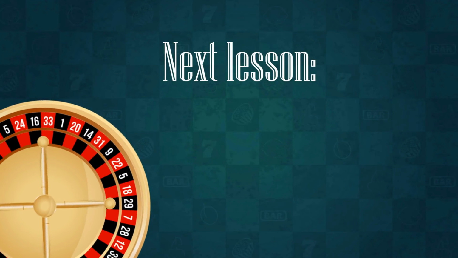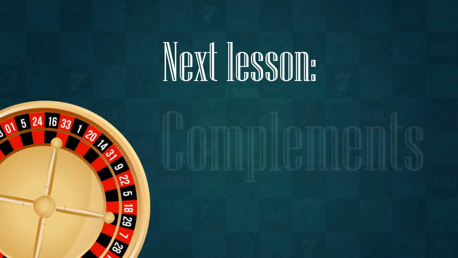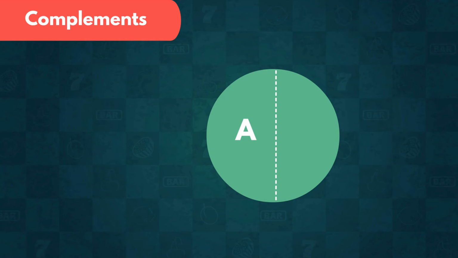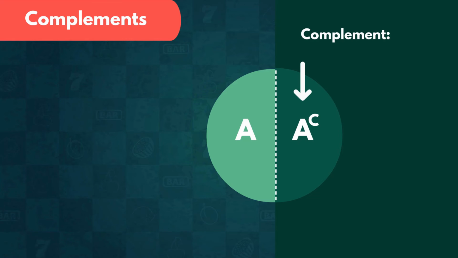Before we move on to the next section, we need to talk about the opposite of an event. The term we use in probability theory is the complement, and we are going to explain why it is so important in the next lecture. Let's talk about some of the characteristics of probabilities and events. For starters, let's define what a complement is.